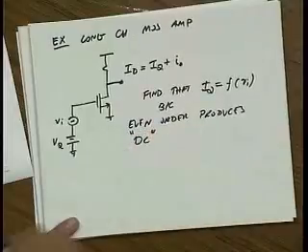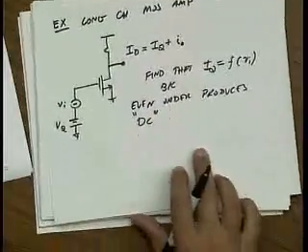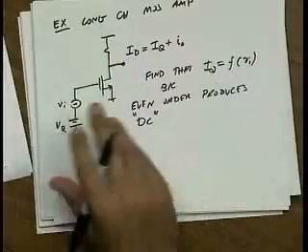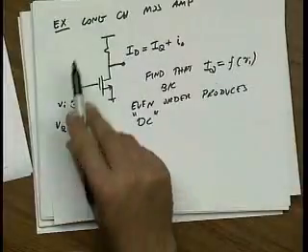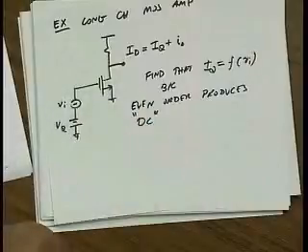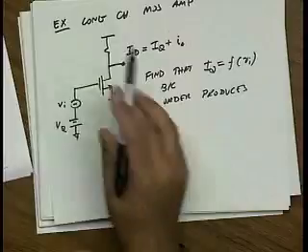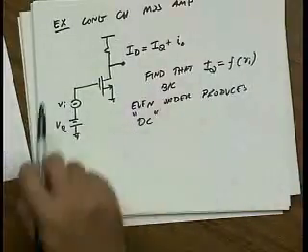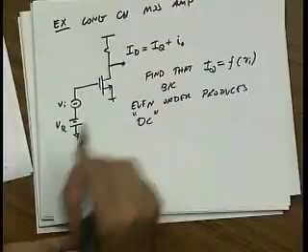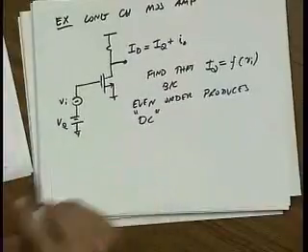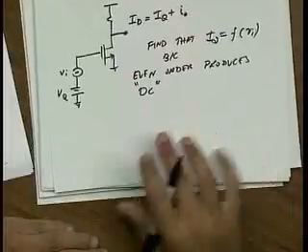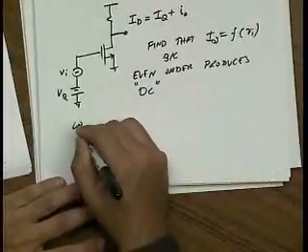Okay? Now what I'm going to assume is that somehow I have a biasing network that forces the DC value of this to be equal to IQ. And I'm not going to talk about the details of that biasing. Somehow there's either a feedback loop or some kind of system forcing the bias current to be IQ. So let's assume that that's the case. Let's just work with this and then we'll come back to that assumption. So if I assume a long channel